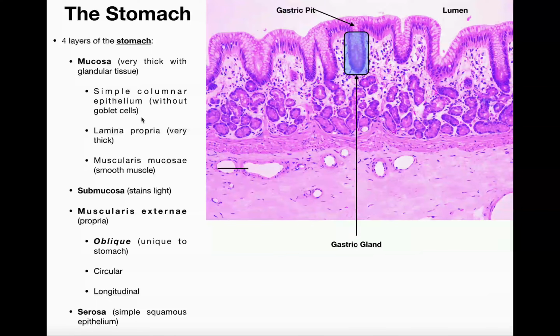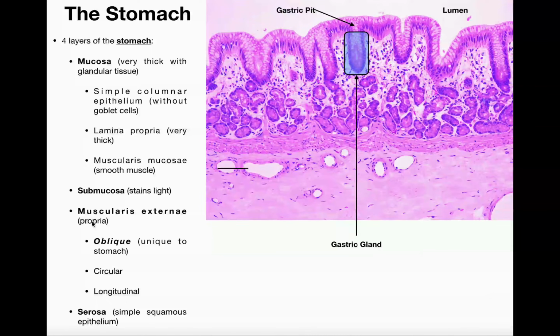It still has a lamina propria. It has a muscularis mucosa. If we're looking at this region right here where my mouse is, this would be the lamina propria. Then this region right here where I'm tracing with my mouse, this is going to be the muscularis mucosa. Down here, where it's much more light staining, this is going to be my submucosa. So the stomach also has submucosa. They all do. Now, when we look at the interactive image, it's going to have a muscularis externa,